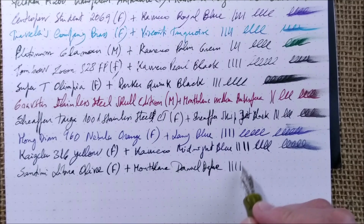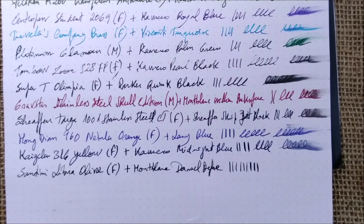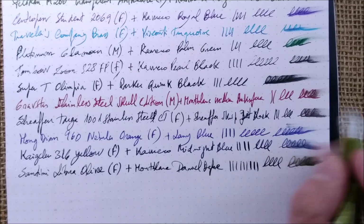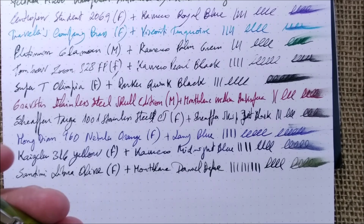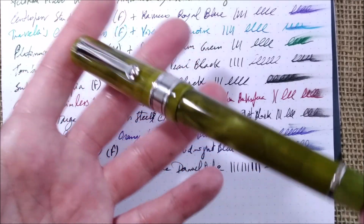So this is how the pen writes. This has a stiff nib. However, you can even get this kind of line variation, which is great. It has some feedback, but smooth and wet. So a very, very good pen that I'm very happy to have, because it has a gold nib made in-house